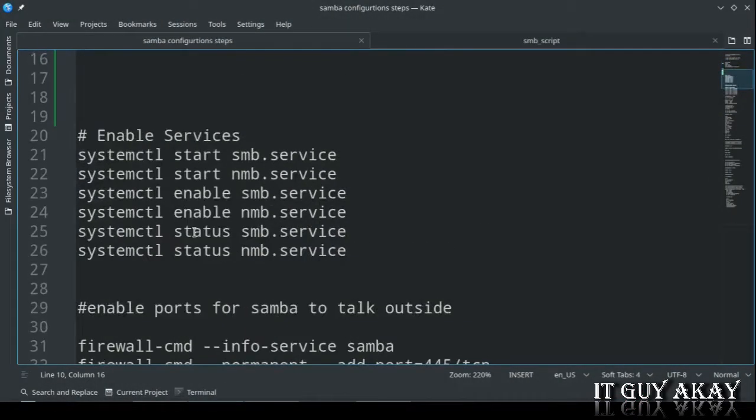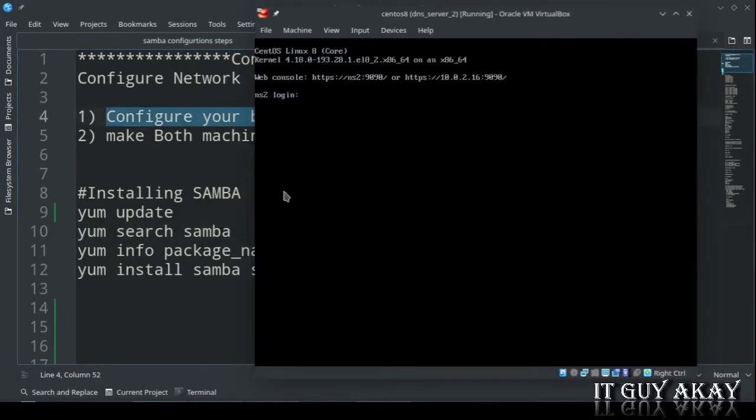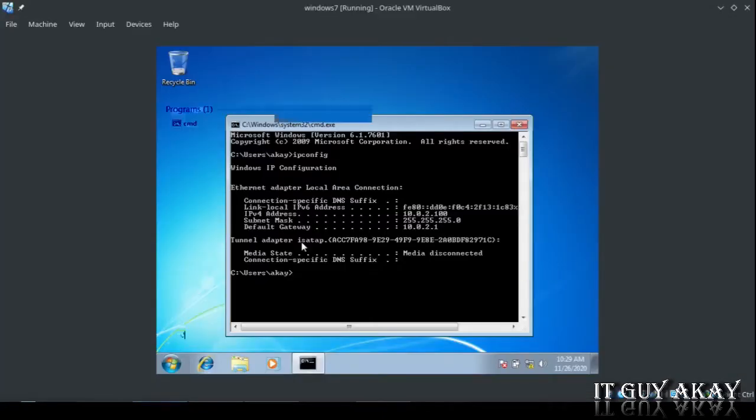So this is the file where I have written down all the commands. As I already said, both our machines, Windows client and Linux machine, should be on the same network. This is my Linux CentOS 8 machine, and this is my Windows client machine.